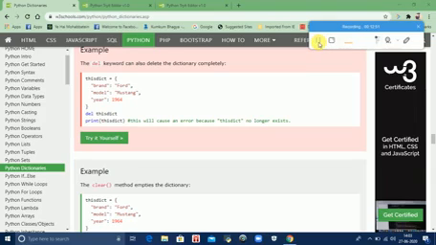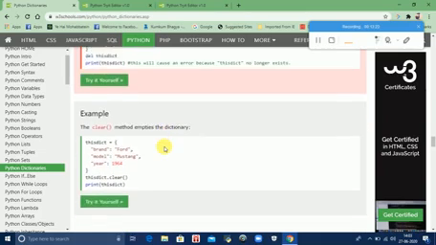Next, the del keyword can also be used to delete the complete dictionary. हम पूरी डिक्शनरी डिलीट करने के लिए भी del keyword यूज़ कर सकते हैं. So let's check the method to use this keyword. Here we have to write del, your dictionary name. If we mention anything in the square brackets, then the mentioned key will be deleted with its value. But if we are not mentioning any key, it means that the complete dictionary is going to be deleted.